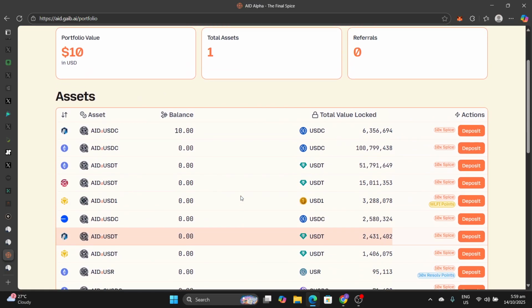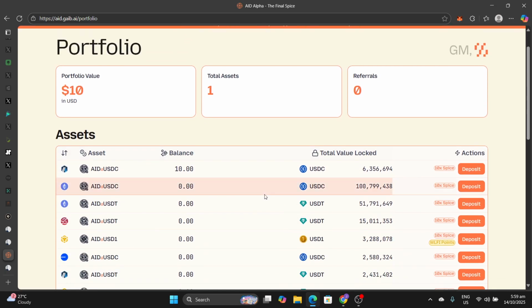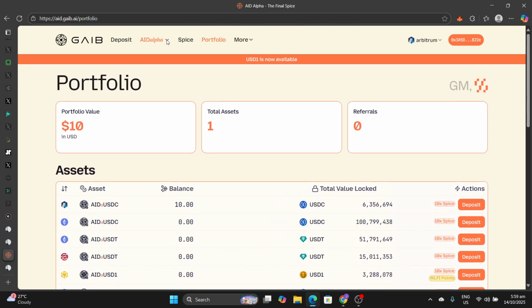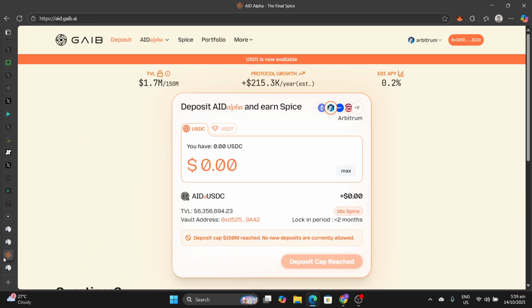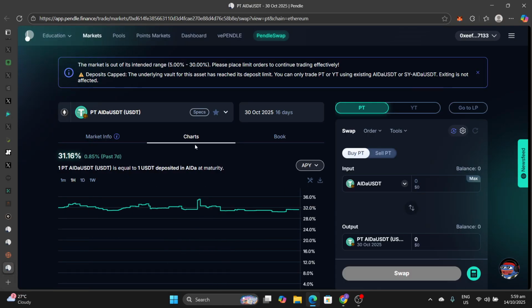I mean, there are many approaches here that you can explore, and you will start earning points. But for me, the one I'm using is the Pendle one, just for speed's sake, and considering I don't have large equity. And interestingly, this one too is saying deposit capped, but you can still gain entrance and start